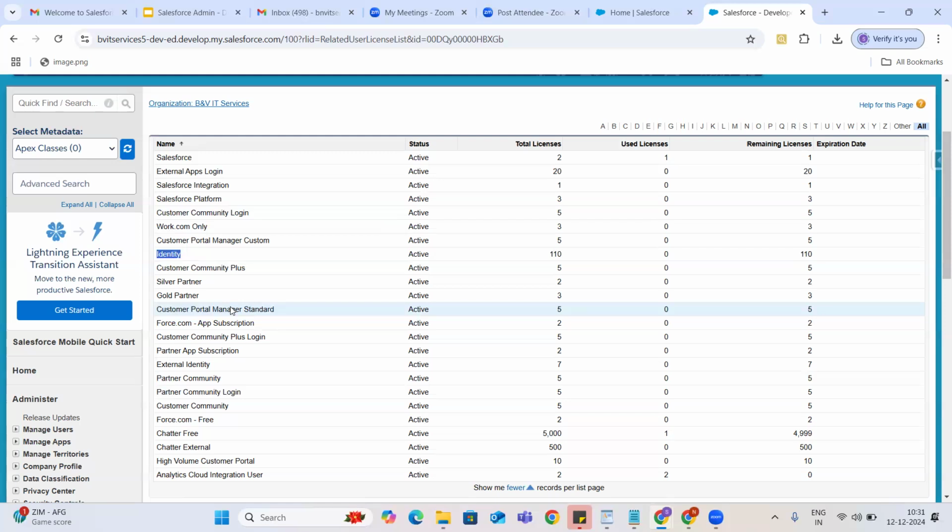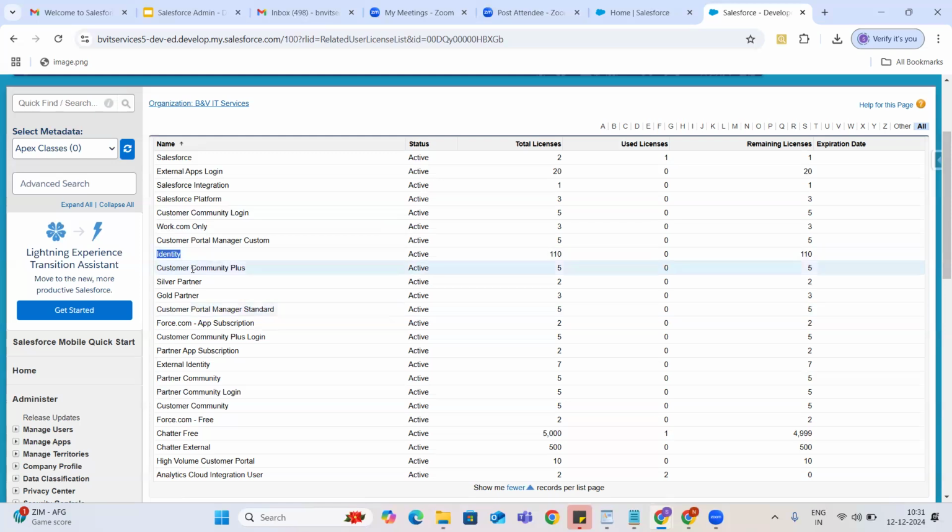You can design a website using Salesforce, and to access that website you should also have some license, because obviously whenever you want to access or do something in Salesforce, you have to have some license.